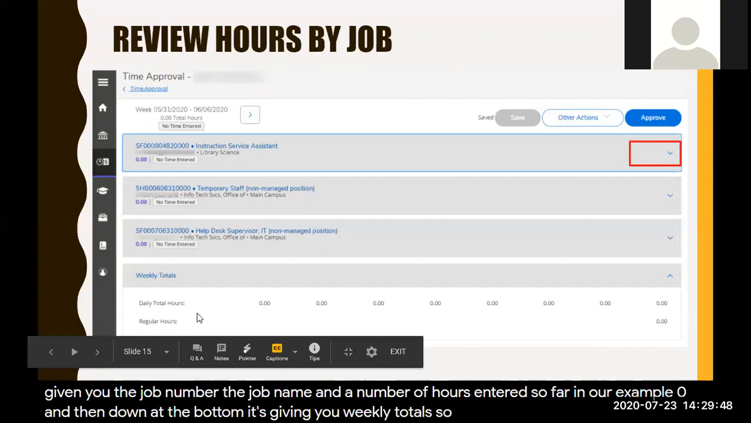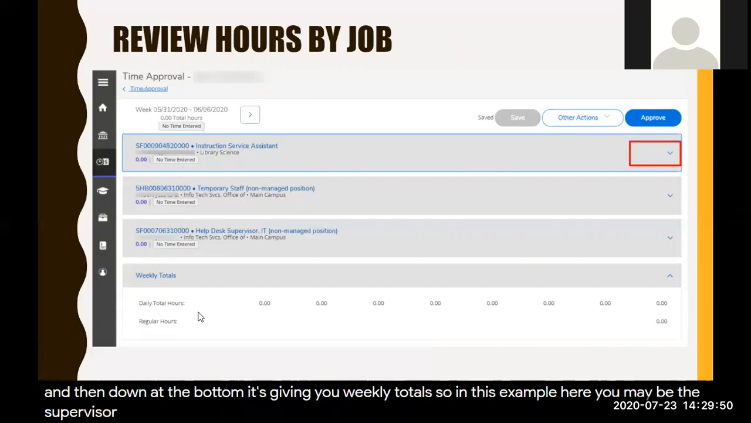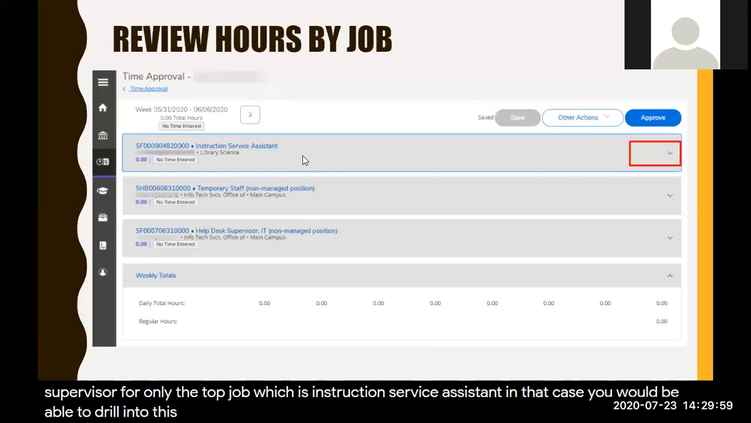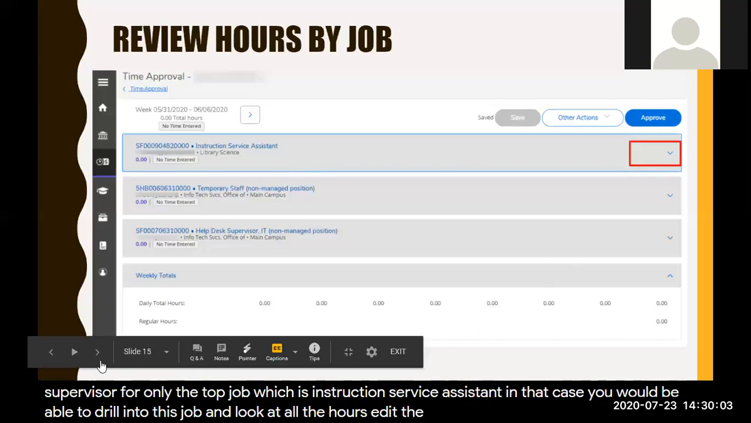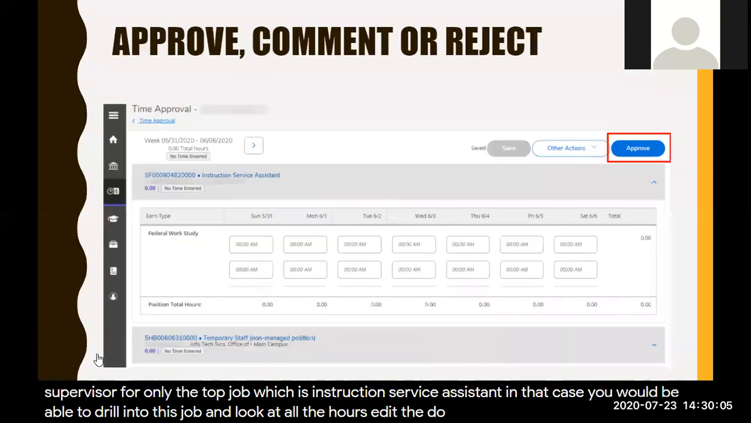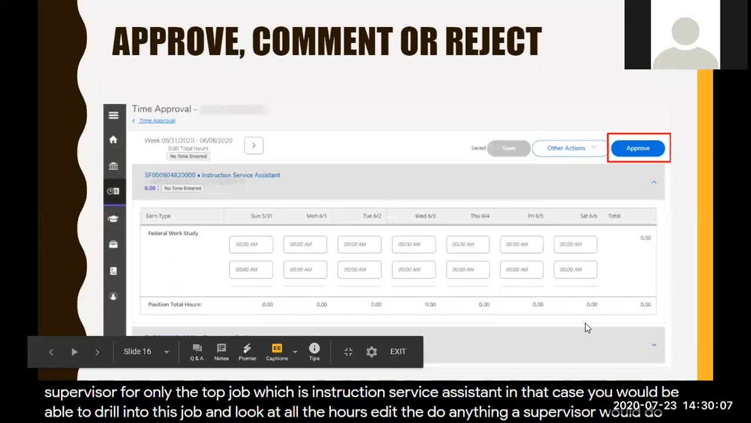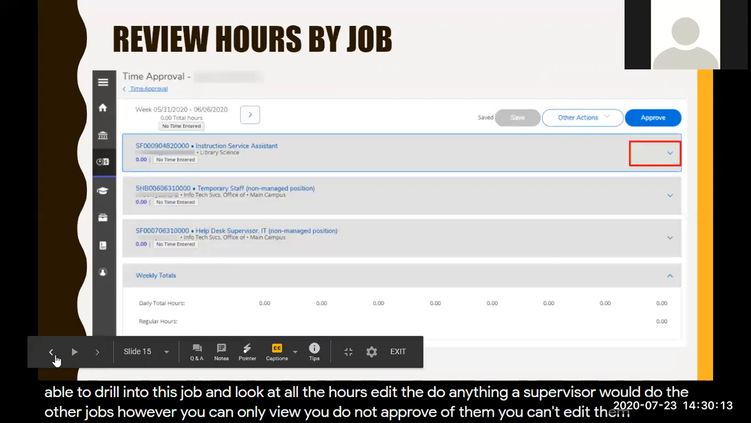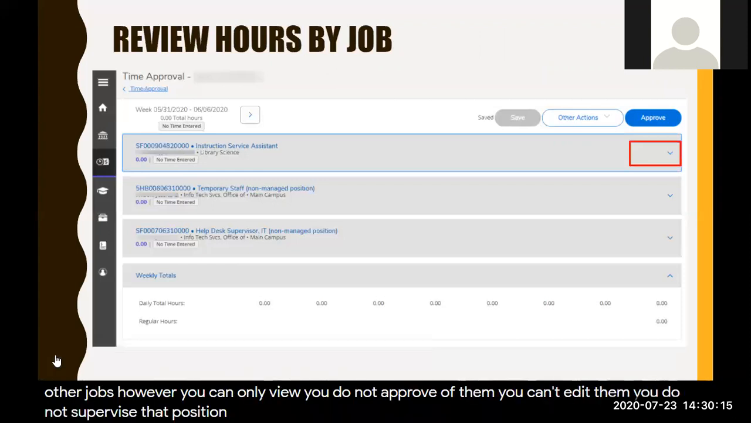So in this example here, you may be the supervisor for only the top job, which is instruction service assistant. In that case, you would be able to drill into this job and look at all the hours, edit the hours, approve the hours, reject the hours, do anything a supervisor would do. The other jobs, however, you could only view. You do not approve them, you can't edit them, you do not supervise that position, therefore you cannot do anything